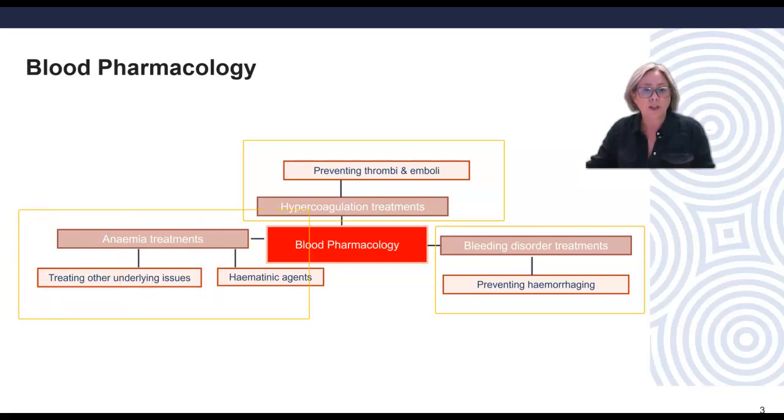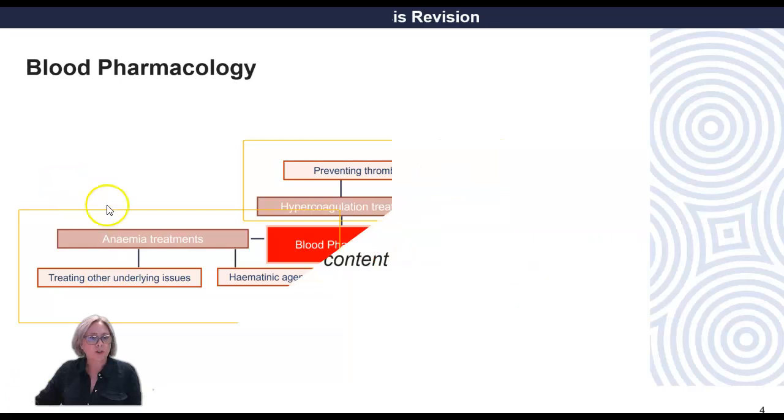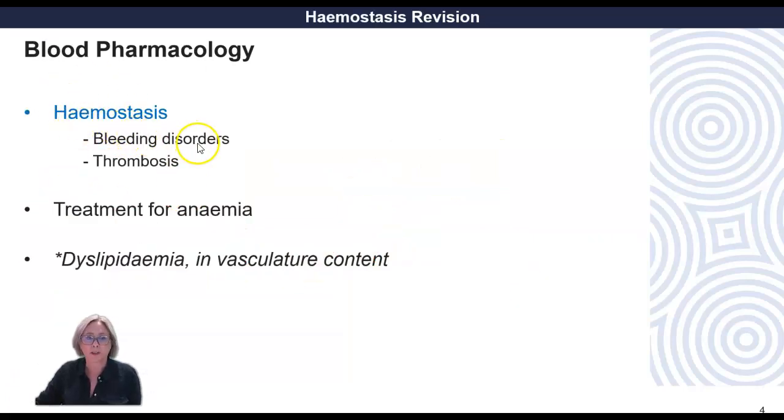And then finally, we'll finish up over here looking at the anemia treatments, whether that's treatment to treat the underlying issue which causes the anemia, or whether it's through the use of hematinic agents, which I'll talk about later. So just to recap, with hemostasis, we're talking about bleeding disorders when the clotting mechanism doesn't happen well enough, and thrombosis then is a risk of the coagulation pathway working too well. Okay, so we also have treatments for anemia, and here in italics are these treatments for dyslipidemia. So we are going to leave them alone, and we are going to talk about them more next week, looking at the link between dyslipidemia, which is that abnormal lipid profile in the blood,